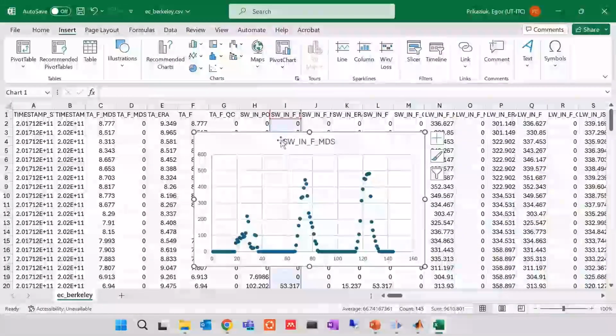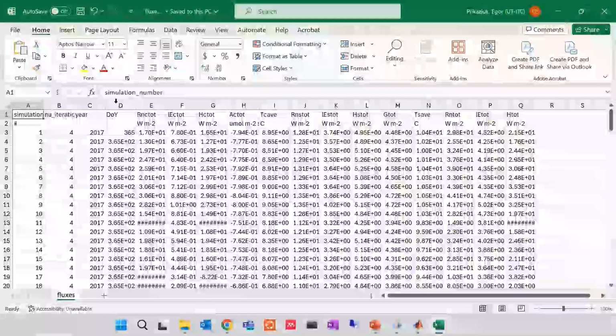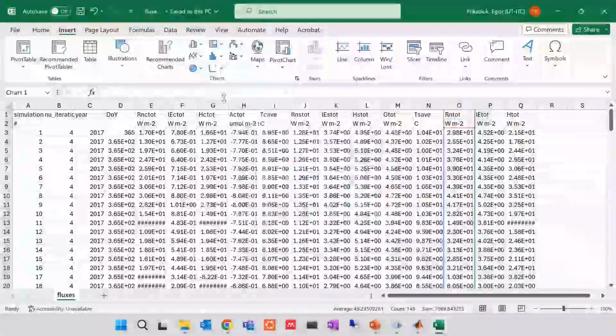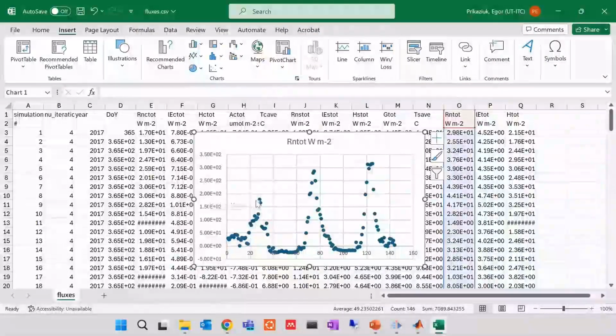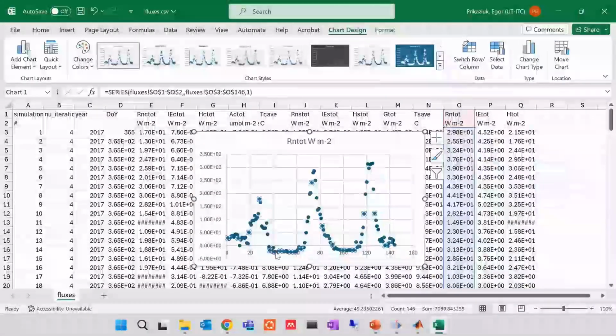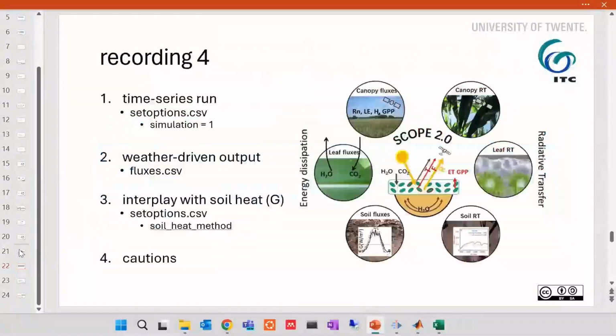There are 3 days with incoming radiation around 200 watts per square meter, so it's a clouded day, and then 2 quite clear sky days. Let's see what SCOPE thinks about net radiation in those days, so the radiation that stayed on the ground. Okay, this is also quite low, around 180 at the peak, negative, yes, below 0 during night,